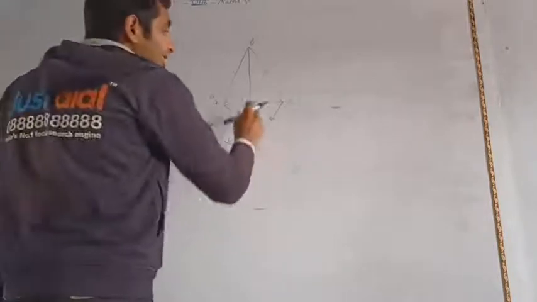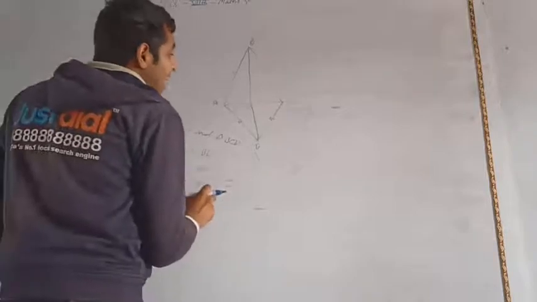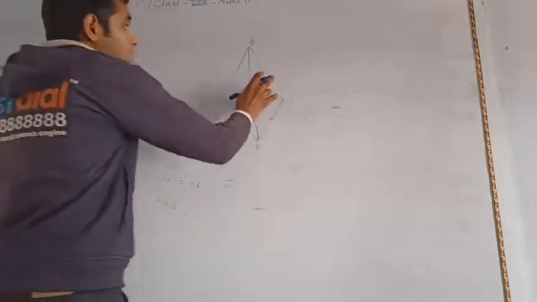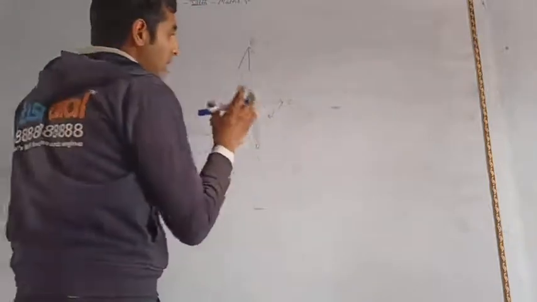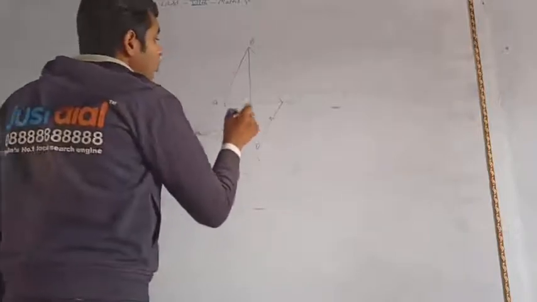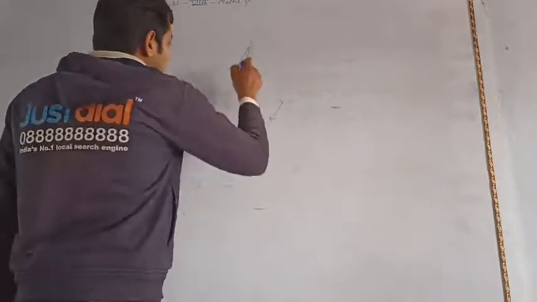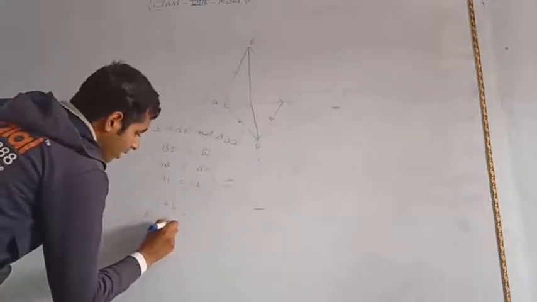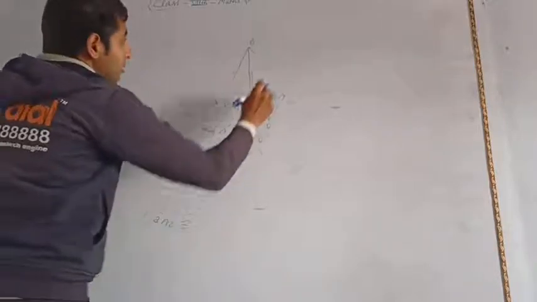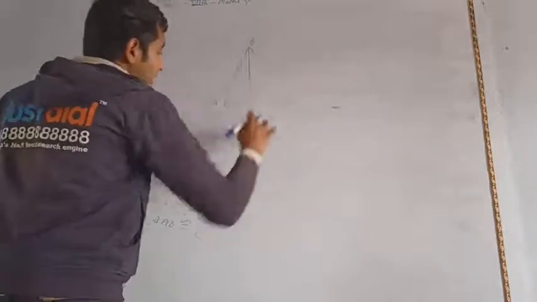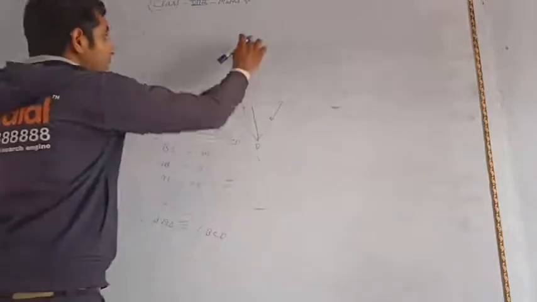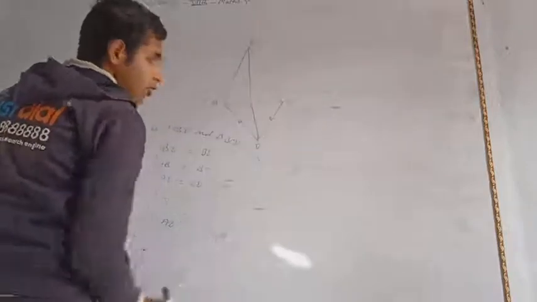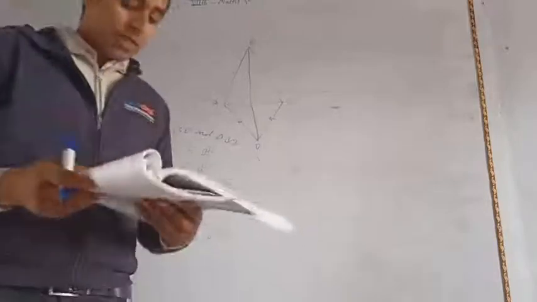So you can follow the side congruency rule. These two triangles are also congruent, and then you can say that due to the same sides, triangle BAD is also congruent to triangle BCD, so angle BAD is also congruent to angle BCD. So you have to prove this, and this is the required solution of this problem.